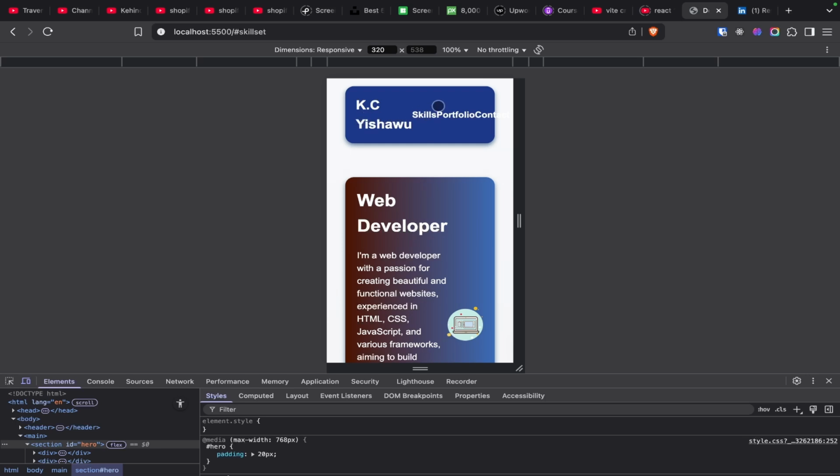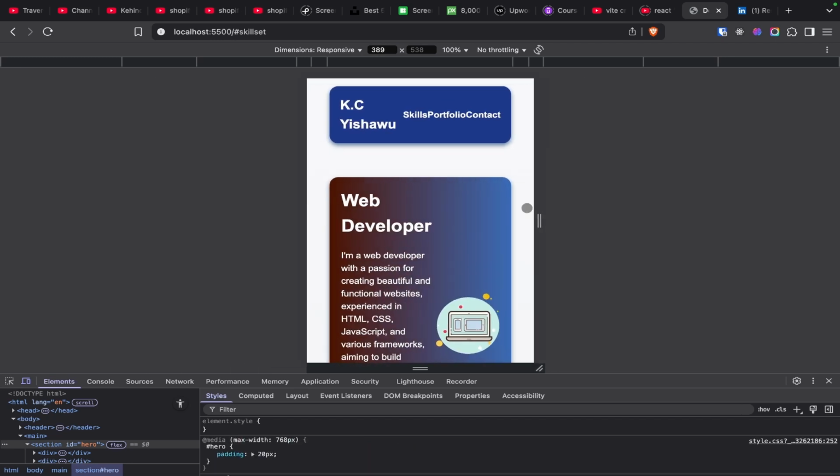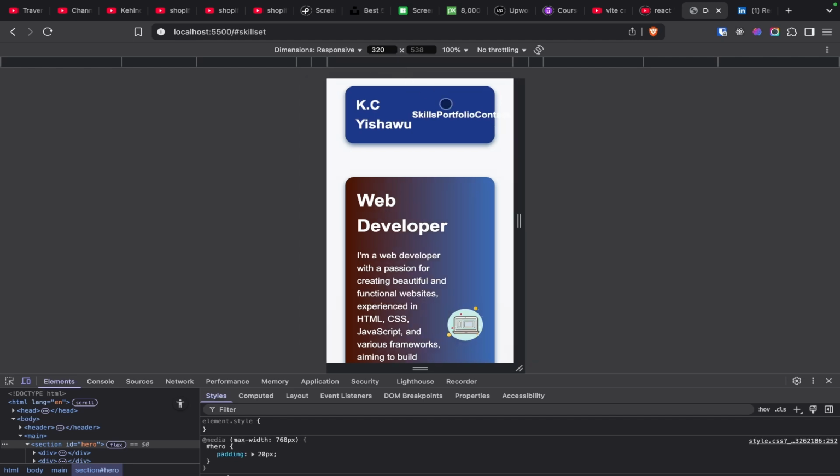Now, the first thing we're going to work on is this nav bar here. What you typically see in websites is a hamburger icon here. On tablet and laptop or large screens, you see your links here. Then when you go into a mobile view, you tend to see a hamburger icon here. Observe